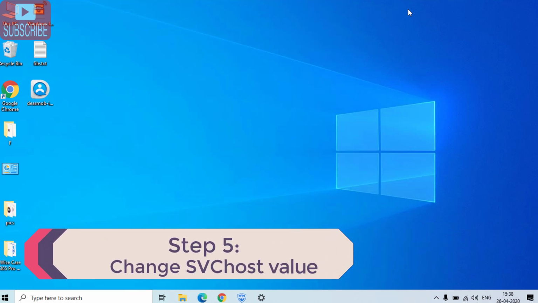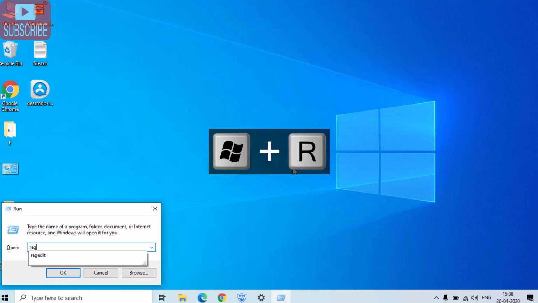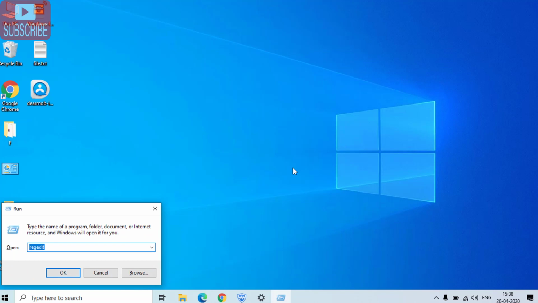Now in the fifth step, press the Windows and R keys to open the Run command and type regedit and hit the enter button.